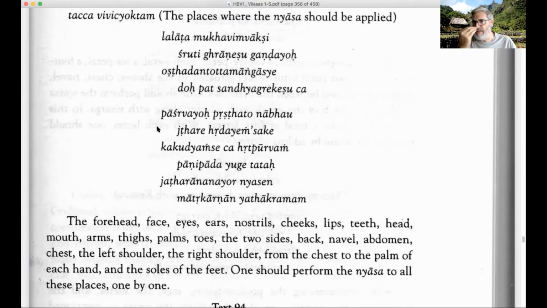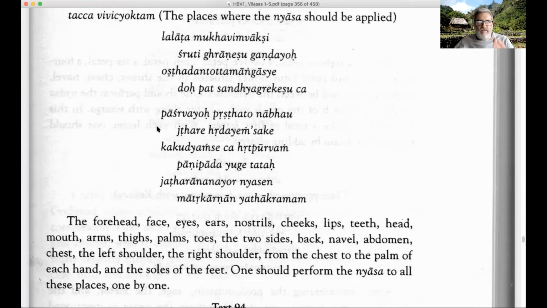We don't necessarily have to actually touch, because as I said in the previous class, it may be a place that we have to wash our hands after touching, like the nose or the mouth, or some part below the waist. So better just to do it by bhava, we think about the particular place, hold the hand near that place and say the mantra.